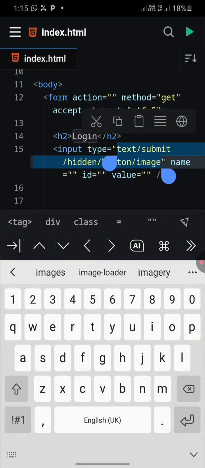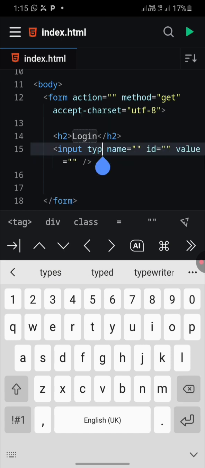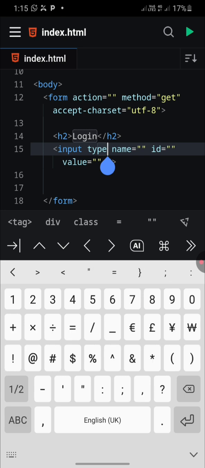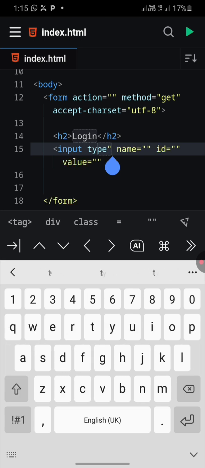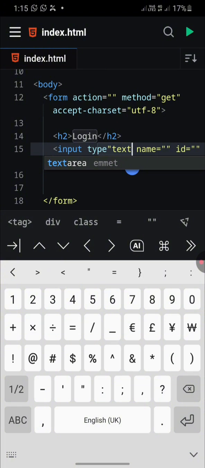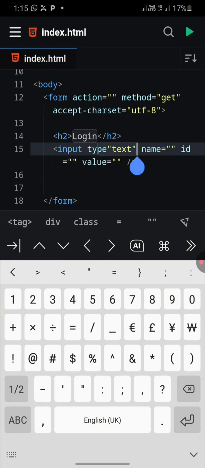Initially you have something like type, text, submit, hidden, and others. So just delete everything and then set the type. The type of the input should be text, meaning in this input we only accept text input, not numbers and not characters. We want text. So id should be